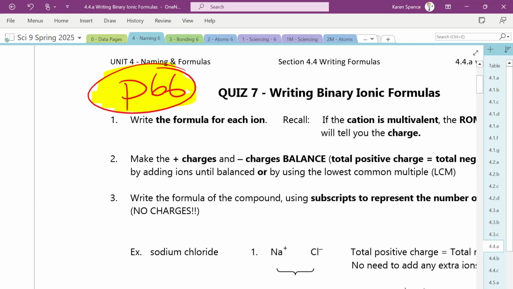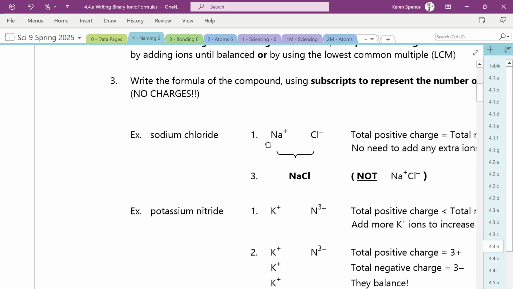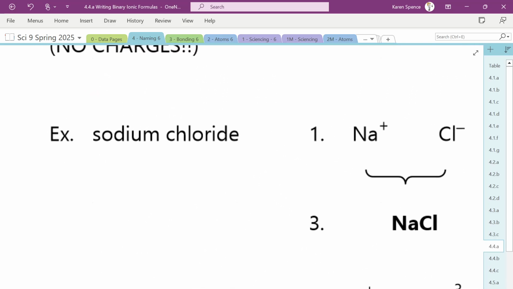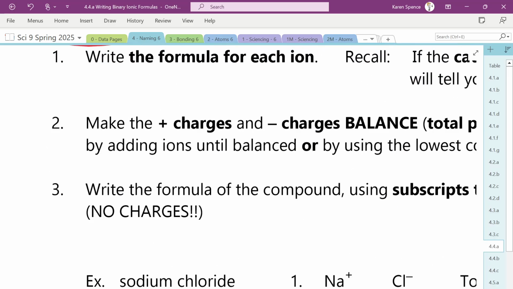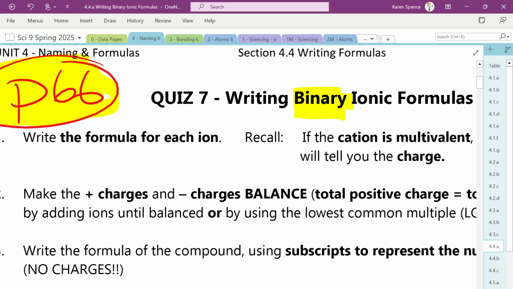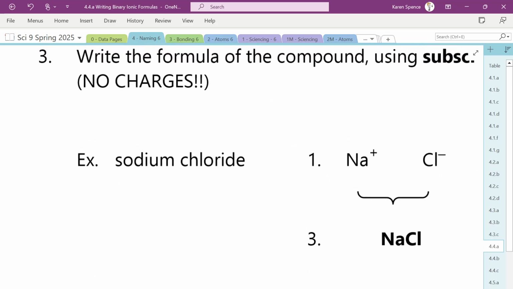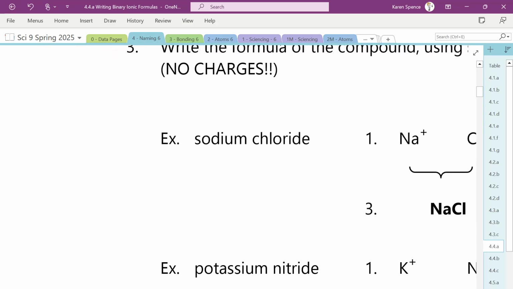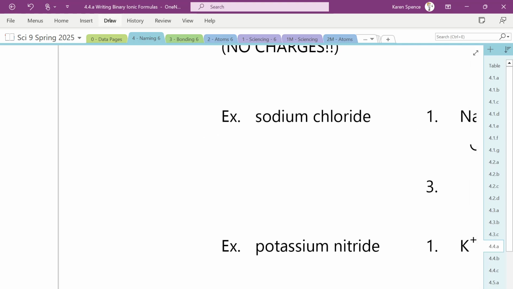Okay, Logan, we're on page 66. So we are now going backwards. We learned previously that if we are given the formula, we write the name. Now we'll be given the name and we write the formula. So these are your very simple binary ionic compounds. That means there are no polyatomic ions yet. So what you'll have to do is, when you get a compound like sodium chloride,